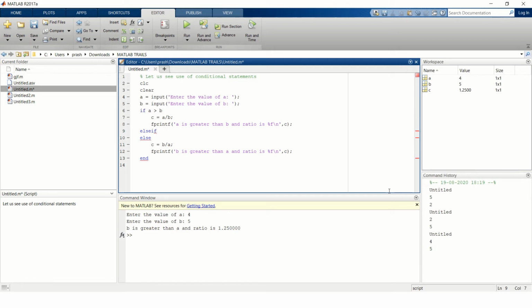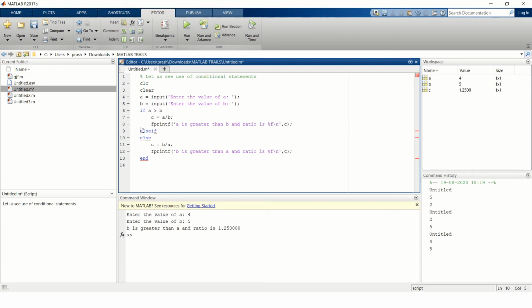So here you can nest another if statement by use of else if. Now whenever you write if, it should be followed by a condition. So else doesn't have any condition, that's the alternative.